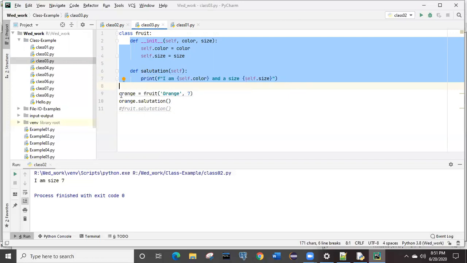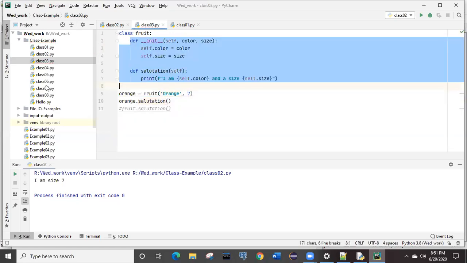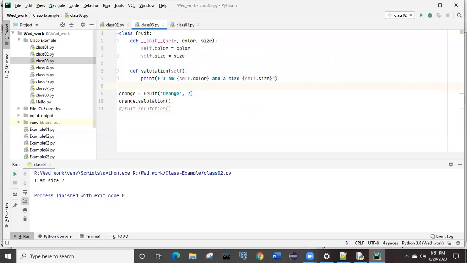In line number 9, one object is getting created. The orange object is created of the fruit class, which is having two arguments. First is the name, that is orange, which is a string input, and second is the integer type.